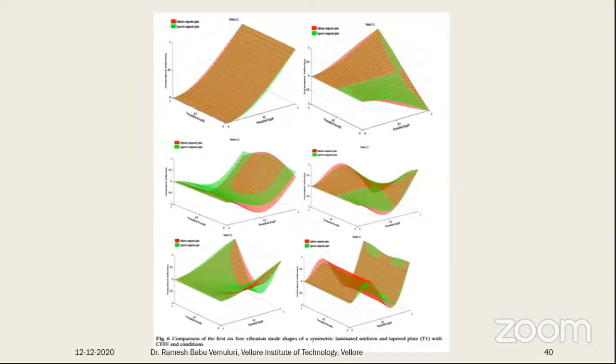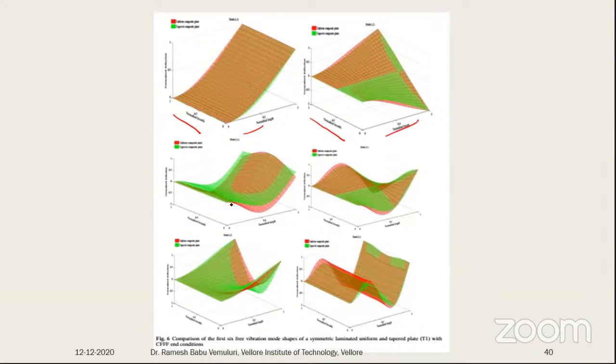So these are the 6 different mode shapes we received by taking clamped-free conditions. Here you can observe in the x-axis only one, and here you can observe 2 and 1. So it's called 2,1, and again 1,2, and this is 2,2, and there is 3,1, and it is 1,3. Like this, different mode shapes were obtained.